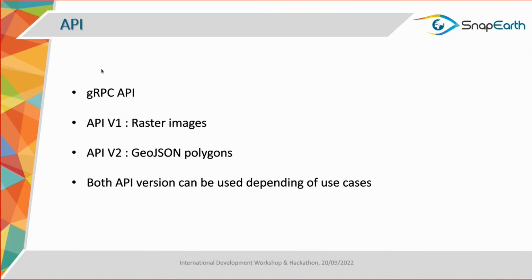Now I will talk about the API. So how do we expose data to pilots? We used a gRPC API, which is not very common. Satellite images, as I said, are heavy, and we need an optimized process to use them and to give the information. So gRPC